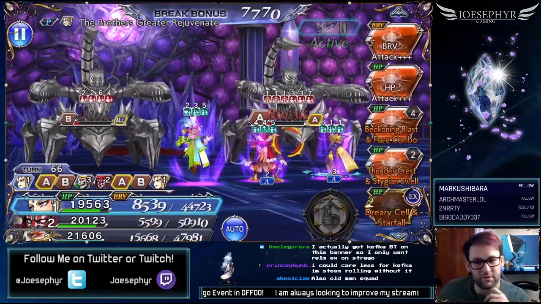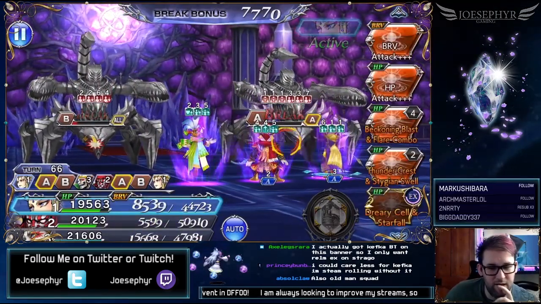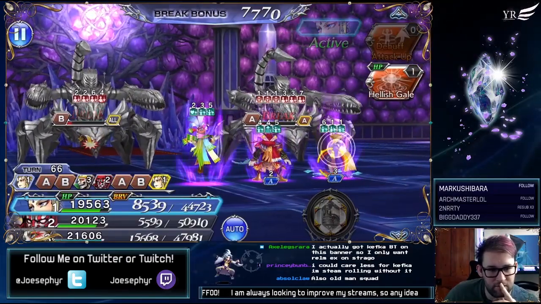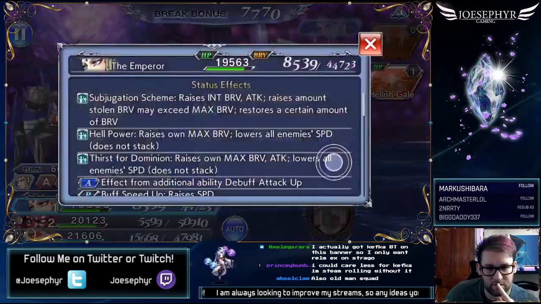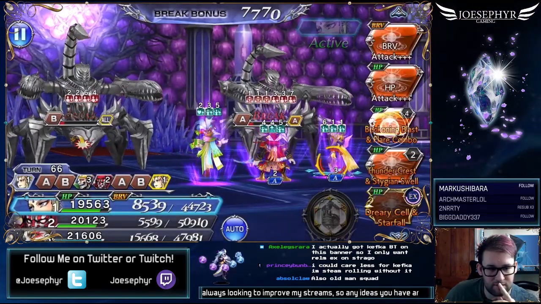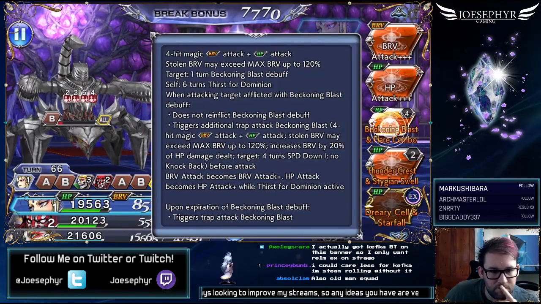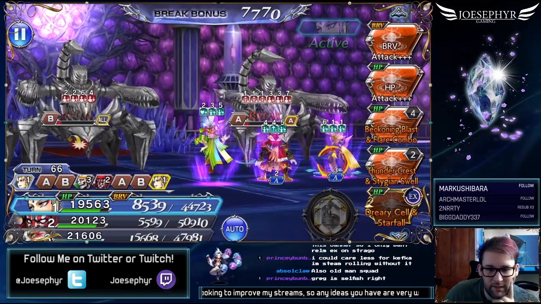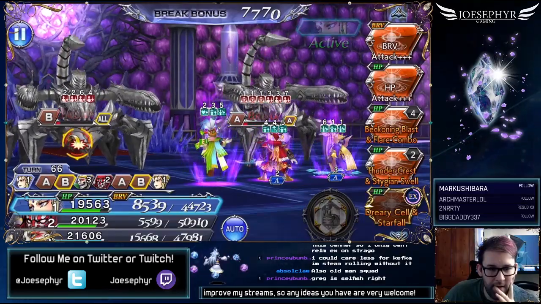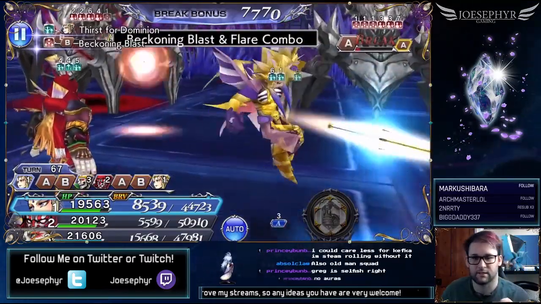Although I do get another HP plus here if I want it. Although I actually think I might Hellish Gale. What am I about to run out of? Hell Power and Thirst for Dominion. Well, that's the EX that does that, isn't it? But, no, I need the Beckoning Flare. Yeah, I'm going to have to do that because I need the...